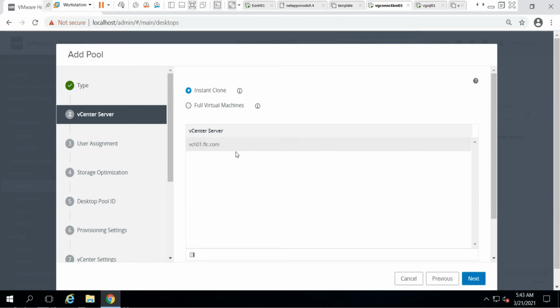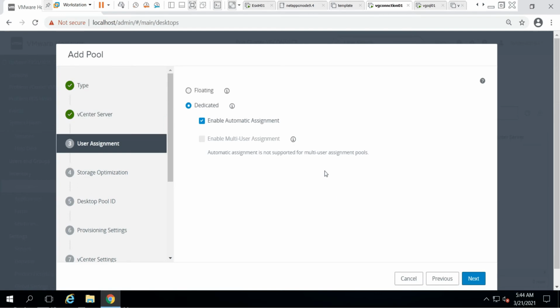We'll be selecting the vCenter. This is my vCenter, VCH01. Click next. Here we have two options, a floating pool and a dedicated pool. A floating pool will automatically assign a desktop to the user, and when the user logs off, the virtual machine will be deleted after a specific time you mention, like 8 hours, or immediately if you select delete after user logs off.